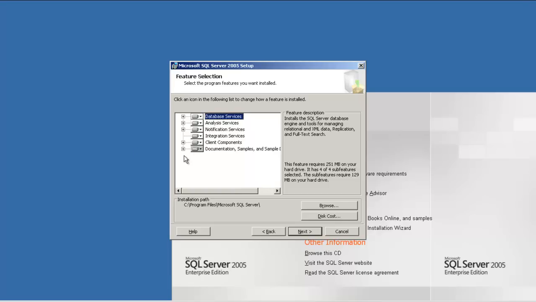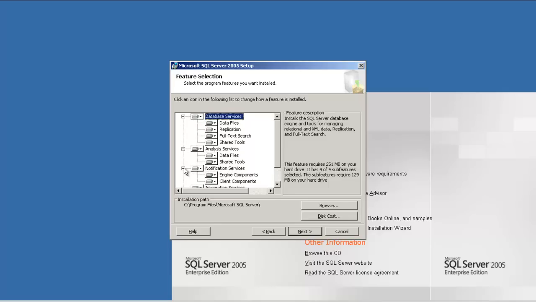I can go down and look into the details of the SQL Server. As you can see, here we are looking at the engine components, data files, shared folders. Full text search has been selected, replication has been selected, data files, shared tools. Let's go a little bit down, and when I go to the documents and samples, as you can see, the sample database has not been selected.